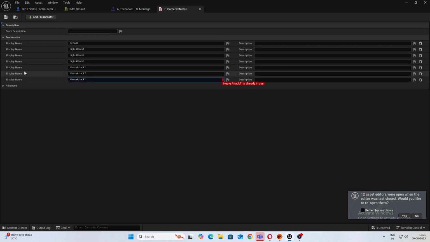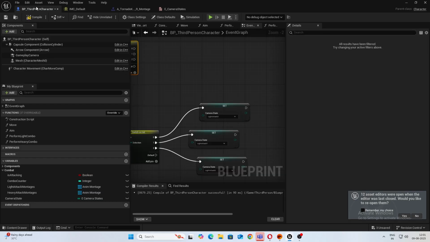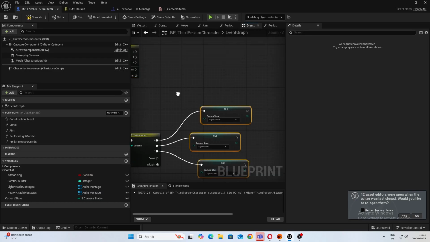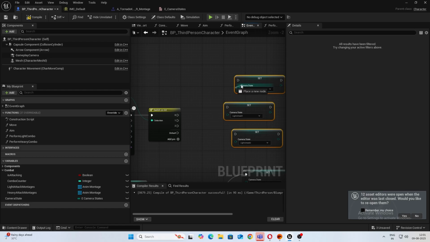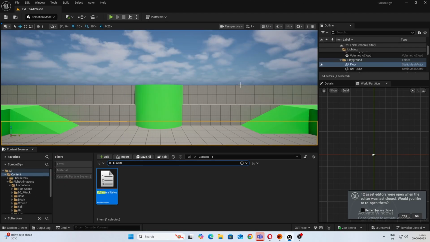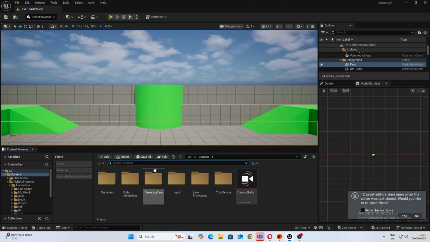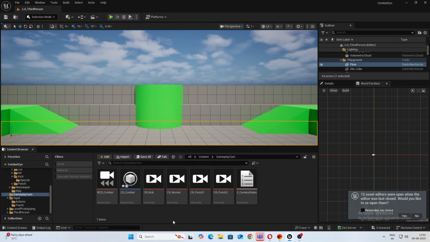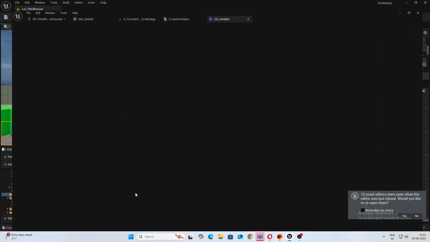Save this, open this up. 0 1 2. So 1 will be heavy attack 1, 2 will be heavy attack 2, and 0 will be heavy attack 3. Okay, we have that done. Now we need to open our director